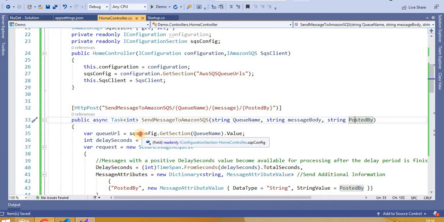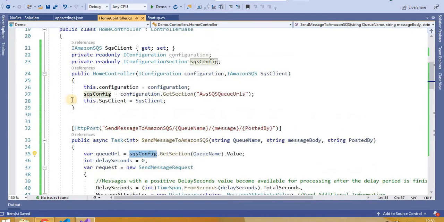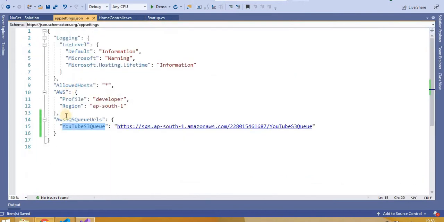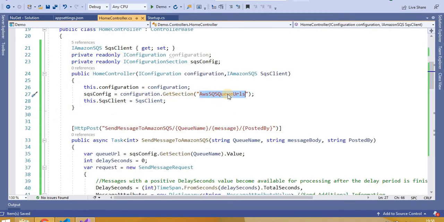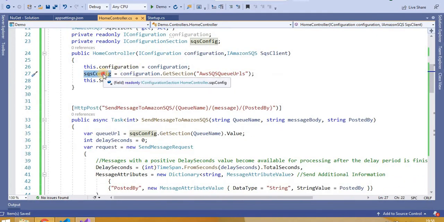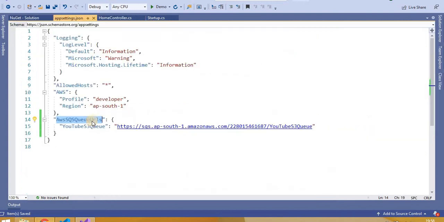Using the configuration section we initialized here, we get this section, the main object, which has further properties inside it. We assign this value to the SQS config, and from this SQS config we will get the queue using the queue name, that is the key name, this one.